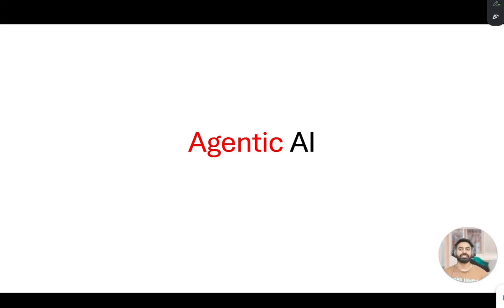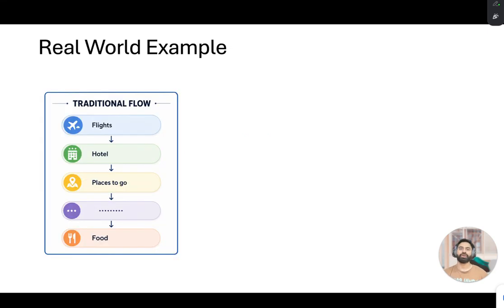So let's understand things in a very simple way before we go ahead into technical details. Let's first understand what the traditional flow is. Let's say you want to book a trip to New York. What you will do is first you will look up the flights, right?